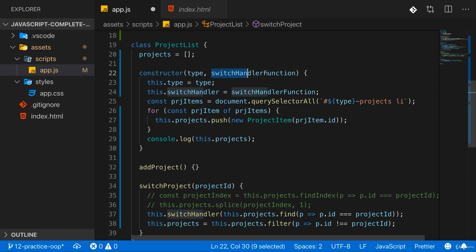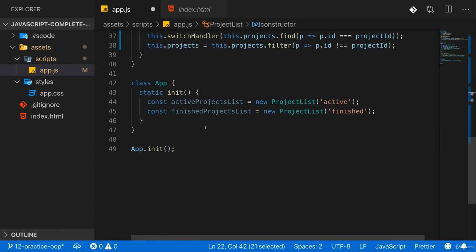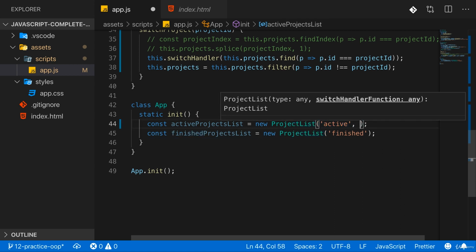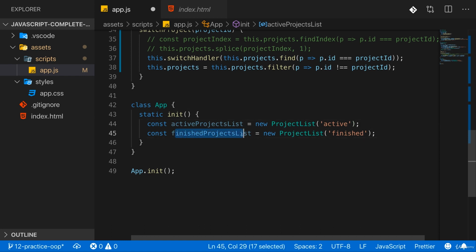Now the question just is, what is the switch handler function? Where is this coming from? We're receiving it here in the constructor, but right now, of course, down there where we instantiate project list, we're not passing anything in there. Well, that's the thing which we have to do now. I want to pass something in there, so as a second argument to the constructor. And the thing which I want to pass in there, that can be a tricky part. I want to pass in a function which is part of the other instance. And therefore, we actually can't use the constructor because we need both instances to be finished